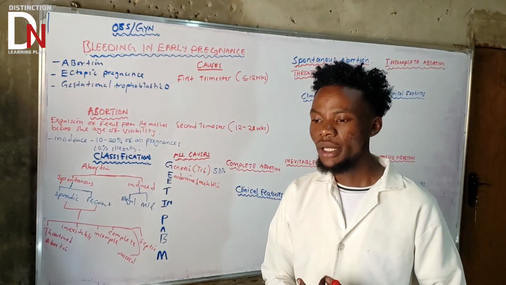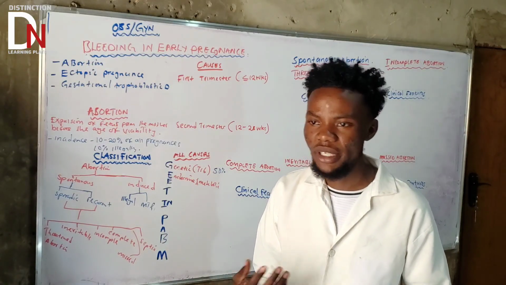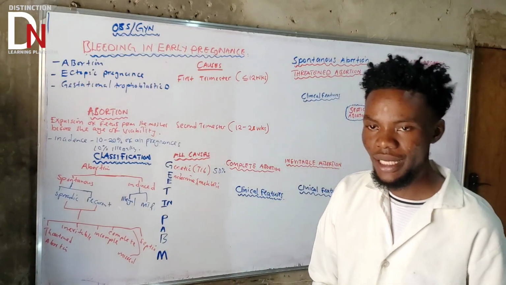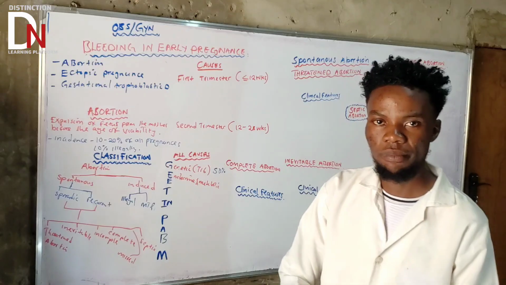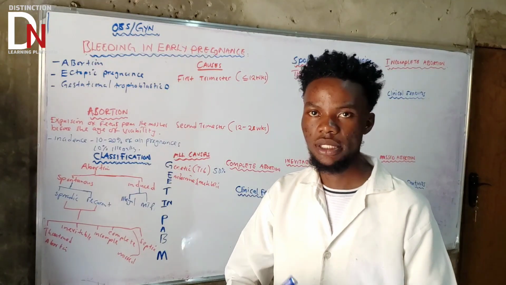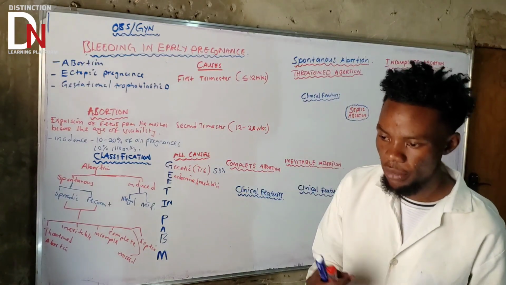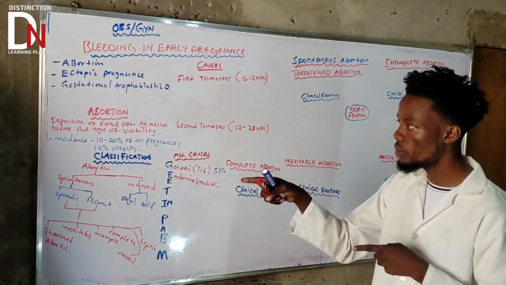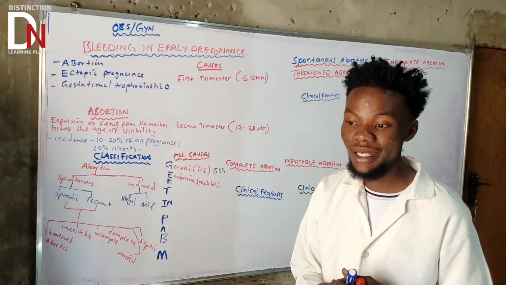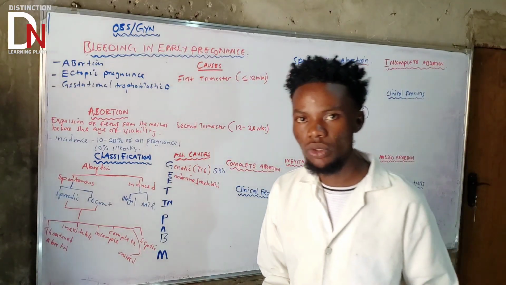Under endocrine, we're talking about things that can affect maybe ovulation. If you talk about the menstrual cycle, it has some phases: the menstrual phase, proliferative phase, luteal phase, secretory phase. Those are the things you need to take note of. But the most important phase that is affected and promotes abortion is the luteal phase. So there are luteal phase disorders or defects.